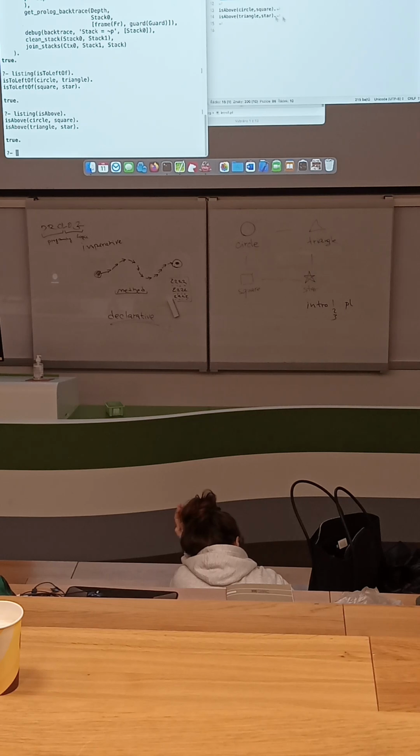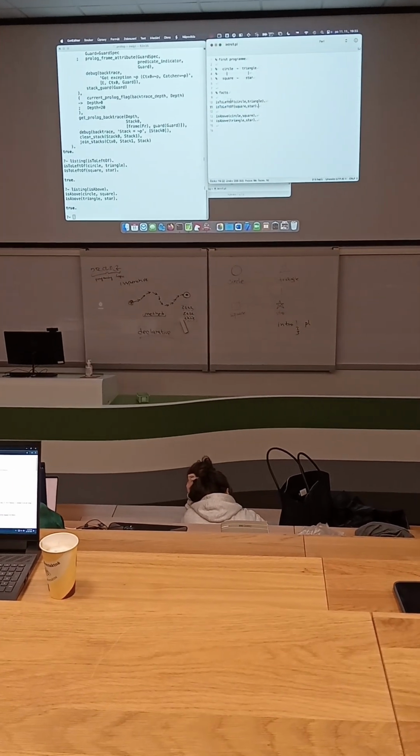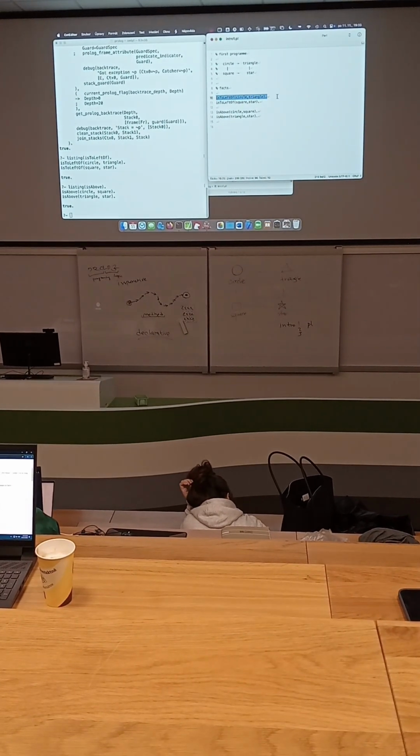We have this database. My database says here, circle is to left of a triangle. A square is to left of a star. Circle is above a square, triangle is above a star.